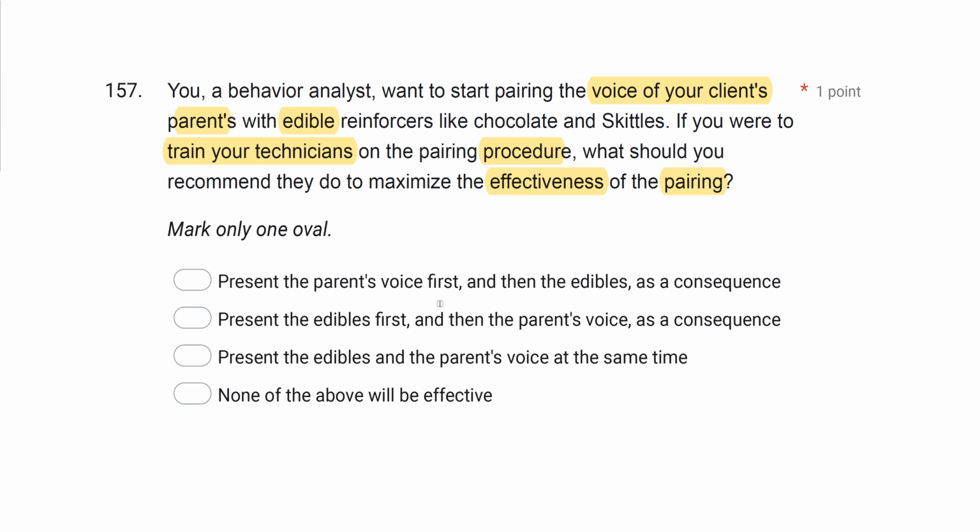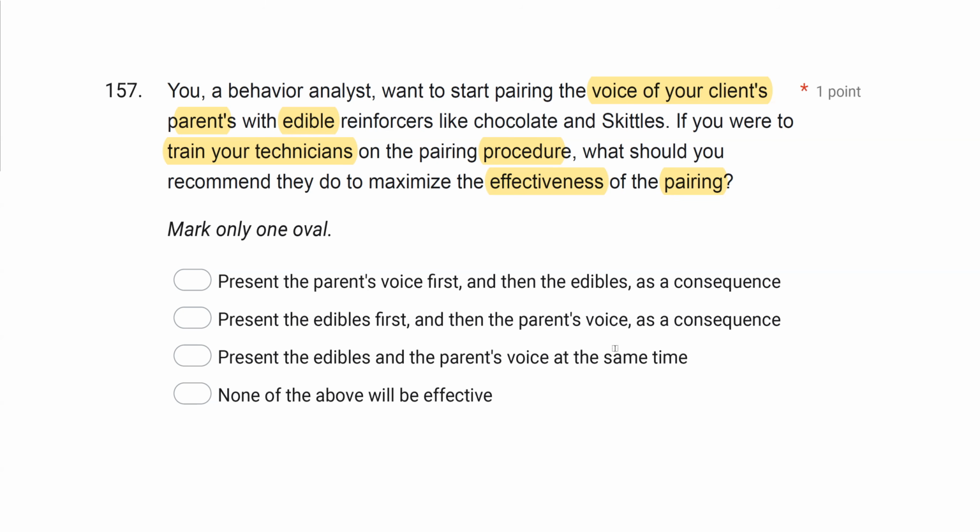You introduce the parent's voice followed by the edibles, and we're hoping a pairing sequence happens, right? We hope the properties of the edibles transfer to the parent's voice. Now, what about presenting the edibles first and then the parent's voice? This is less ideal, okay, because the edibles are going to be introduced first. It's already got the reinforcing properties. However, if we look at C, present the edibles and the parent's voice at the same time,